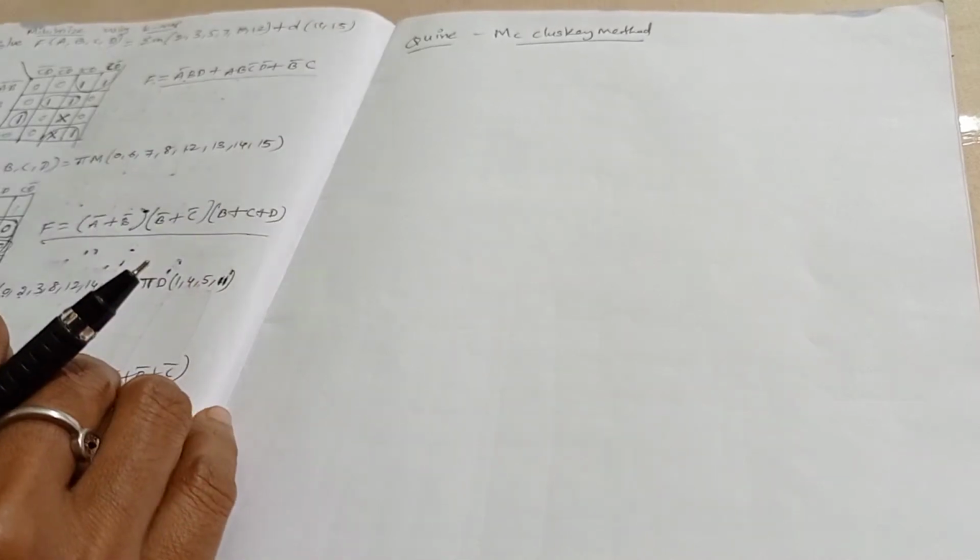Already, as we discussed, using the K-map simplification method has one limitation: if the number of variables increases, the simplification process becomes more complex. To avoid this limitation, we are going for the next method, that is the Quine-McCluskey method. Now we'll see the procedure for doing the simplification using this method.